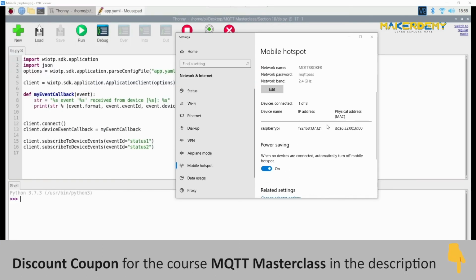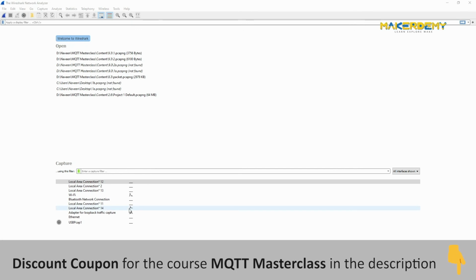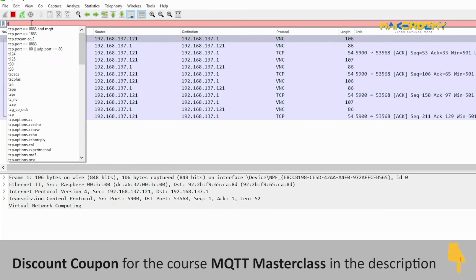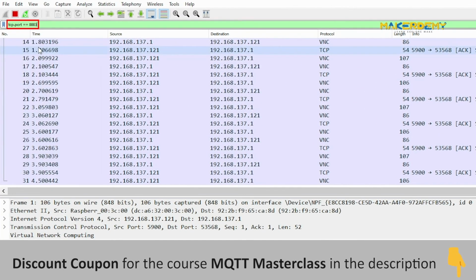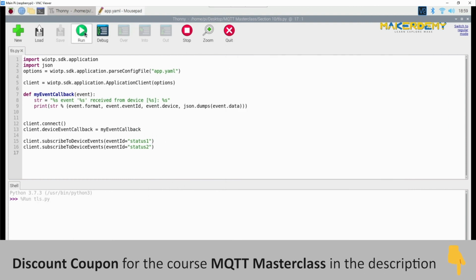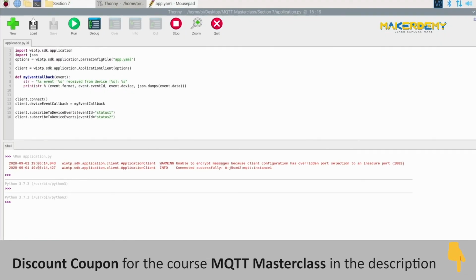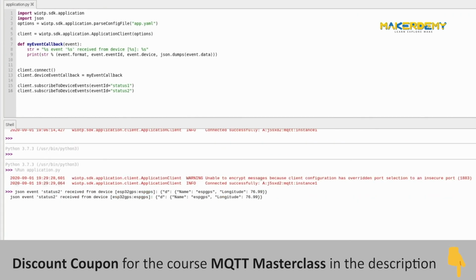Now set up the hotspot, connect the clients and fire up Wireshark. After you open the hotspot interface in Wireshark, enter the display filter to only show packets sent through 8883. Now run the client code on the Raspberry Pi 4. And just after that, give power to the ESP32 client in which you have already uploaded the client code. Now let the ESP32 client publish the GPS coordinates once. Stop the Pi 4 client and disconnect the ESP32 from power.